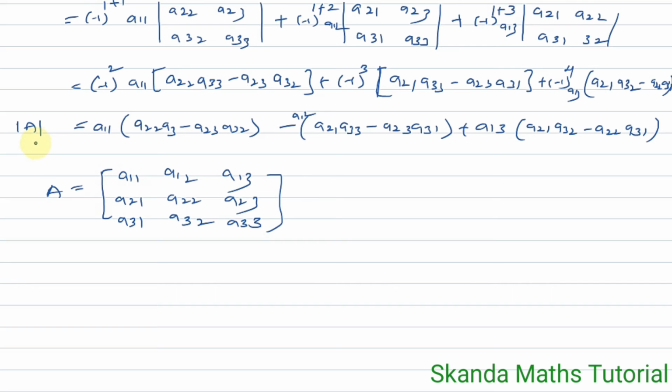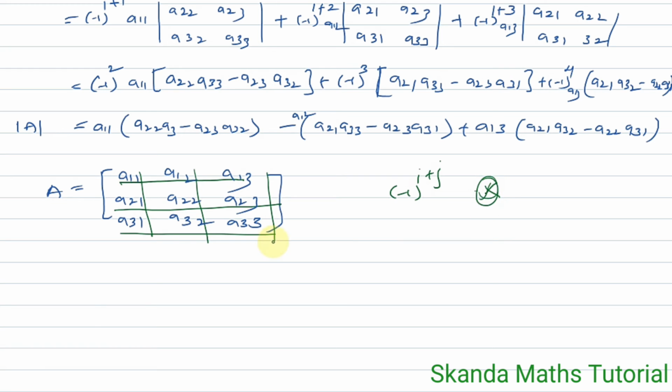Alright, so keep in mind this is the determinant of A along the first row. As well as we can find the determinant of A using the first row, second row, or third row, and in the same way the first column, second column, or third column. Any one row or any one column we can use to find the determinant of a 3 by 3 matrix. Here minus 1 whole power i plus j gives only the sign, whether the sign is negative or positive. So always finding minus 1 whole power i plus j is very difficult.